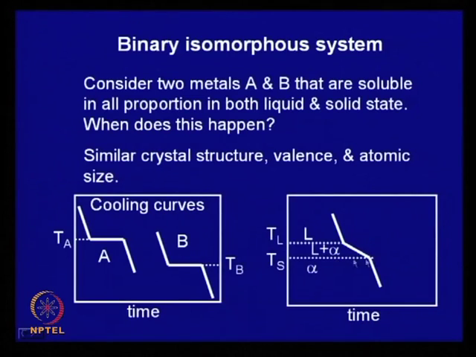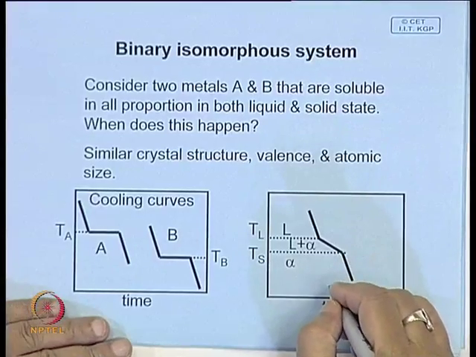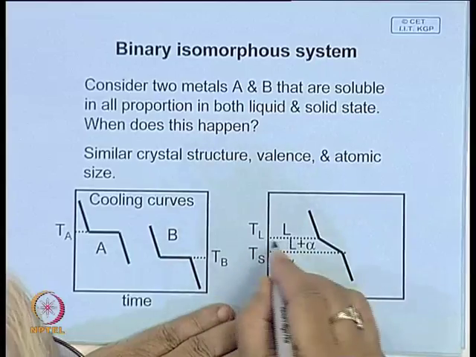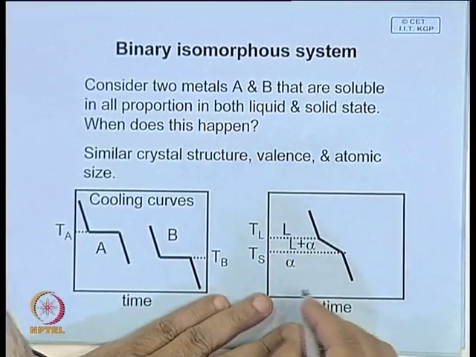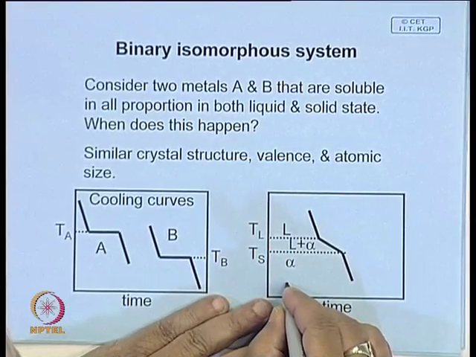And after the solidification is complete, it starts cooling at almost nearly the same rate as before. So, by performing this experiment on an alloy, we can get two temperatures, T L and T S, and these are functions of composition. Both of these are functions of composition. That means we determine T L and T S for a particular composition, let us say